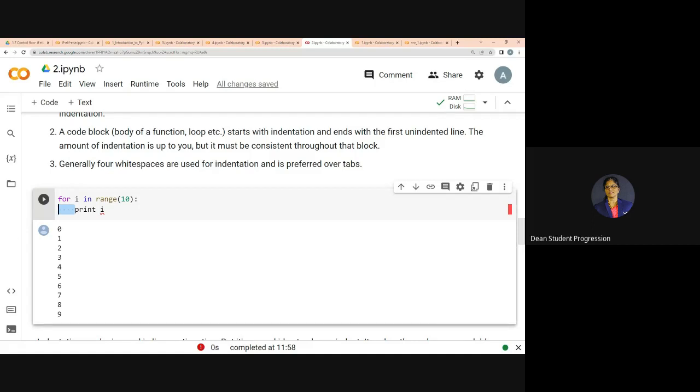I repeat, a specific line space or a tab. For example, for i in range(10): print(i). So this print i statement must be inside the for loop, right? Usually in C, we make a flower brace open after the for loop, write some set of statements, and then close the flower brace, which means whatever statements are inside the for loop are enclosed between the flower braces. But in Python, instead of those flower braces, we are only